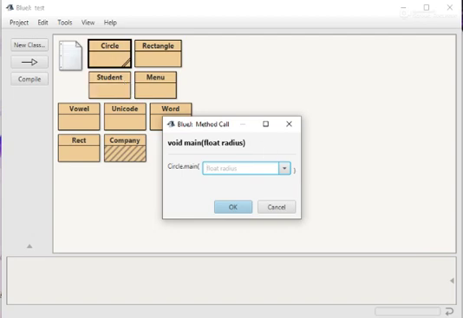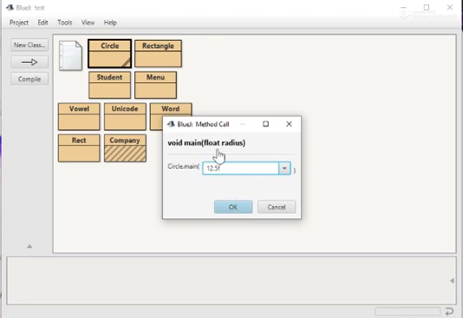Okay. Now you can see there is a dialog box that asks the value of radius, float radius. Now you can put any value, suppose 12.5f. Now click on OK.